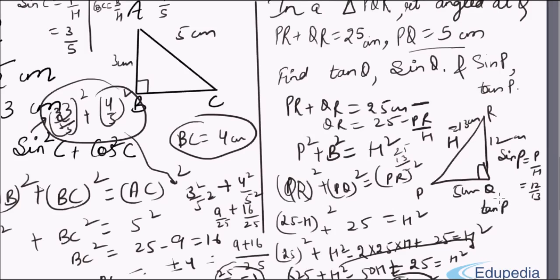Tangent P will be perpendicular over base, that is QR over PQ, which will be 12 over 5. But if we have to find out tangent R and sin R, because the triangle is right angled at Q,